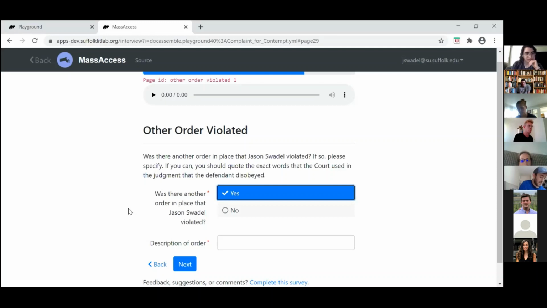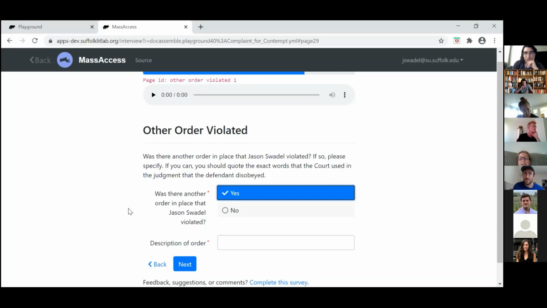I think with other, even if they didn't check other, that to me would be the one. So if we do checkboxes, then you do follow-up questions, just in case we don't ask people the question after they've already checked the checkbox, or they haven't checked the checkbox. But I do think other would be useful. So even if they don't check other, we can say, you said so-and-so broke this order, this order, this order.